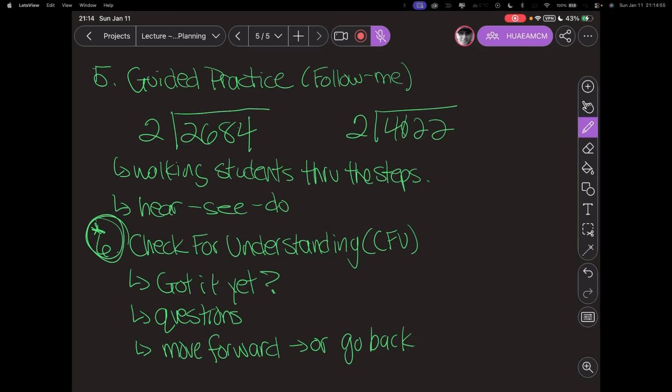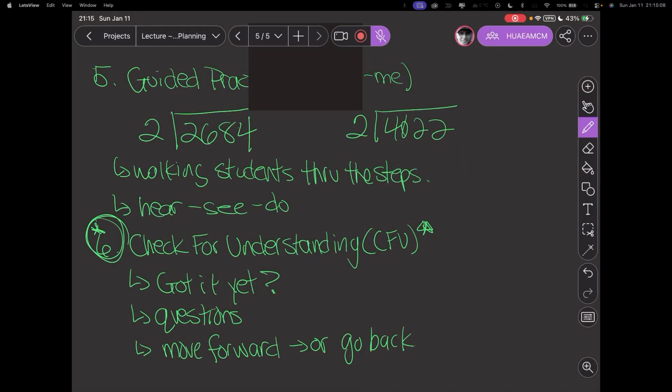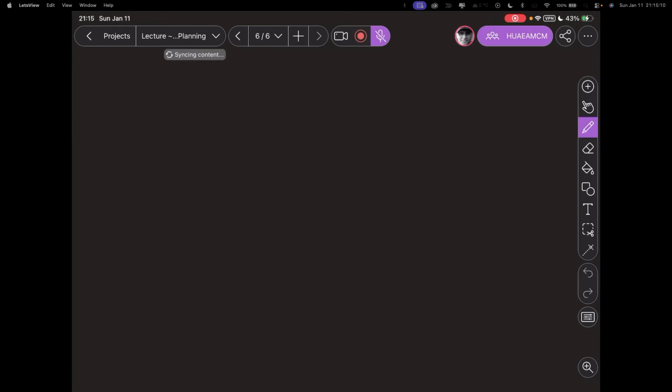Now, again, I put this little asterisk with it, saying that it not only happens at step 6, but it certainly happens throughout the entire lesson. Okay, so we're always checking for understanding throughout our lessons. Okay, so that was step number 6. Step number 7 is something called independent practice. Okay, so it is exactly what it sounds like. They're doing it on their own now. Okay. So I'll just say individual work,